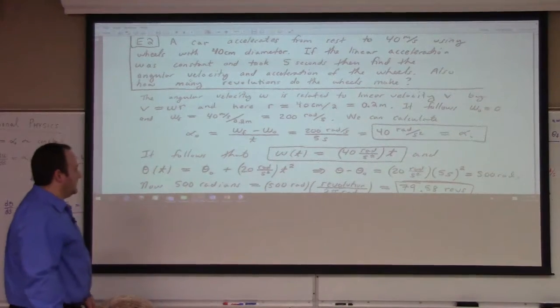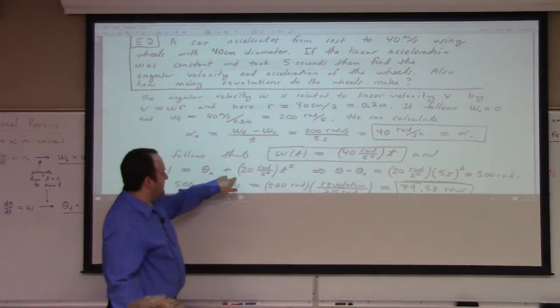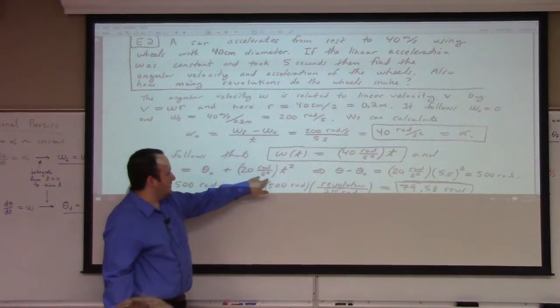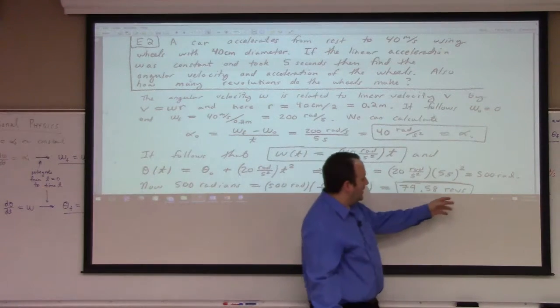And I can also figure out theta by integrating that. I get theta naught plus 20 radians per second squared times t squared. And so I get a net of